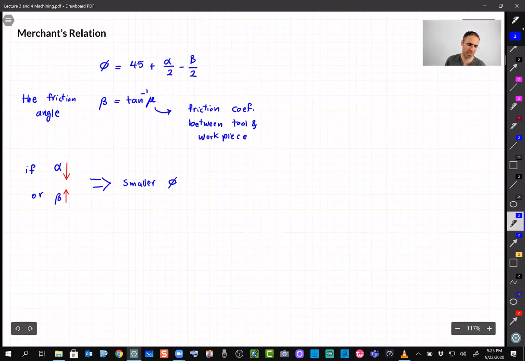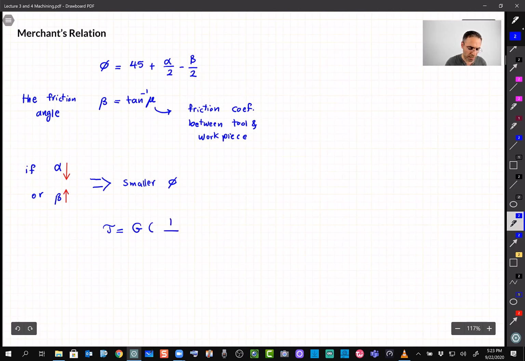All right, so this is how it changes. But what does a smaller phi mean? This Merchant theory says that the stress can be found from this formula: tau equal to G